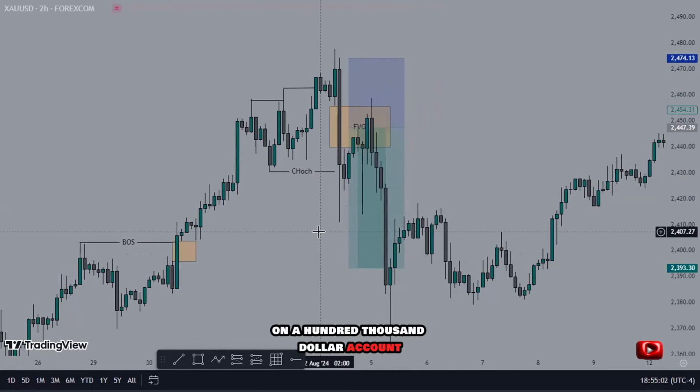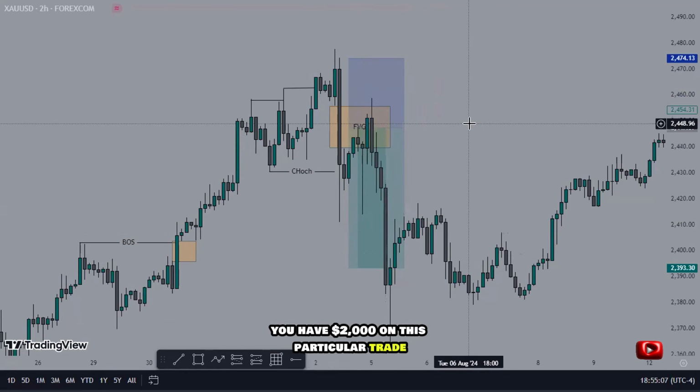On $100,000 accounts, this is 2%. If you are trading 1%, $1,000, you have $2,000 on this particular trade. And you have setups like this every single day. If you are trading all the other forex pairs, all the stronger pairs, of course, do not trade those weaker